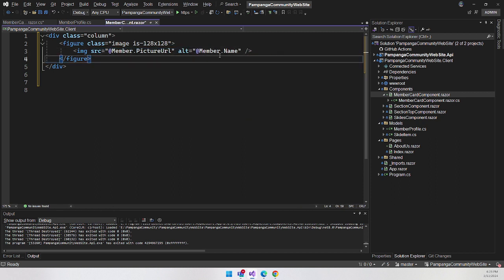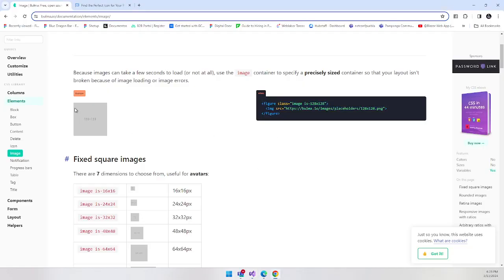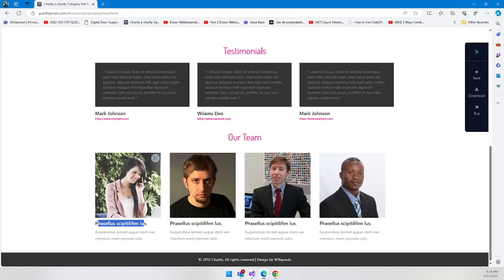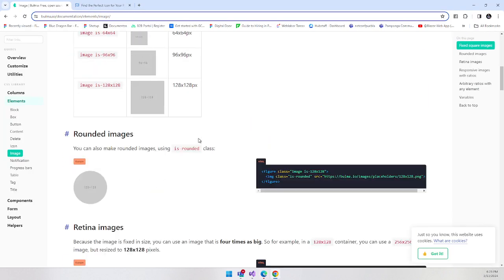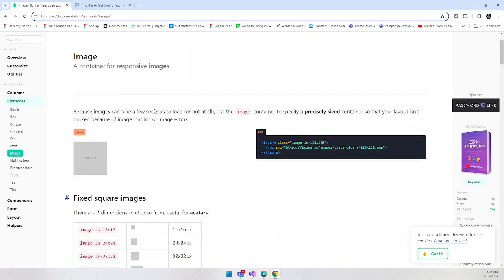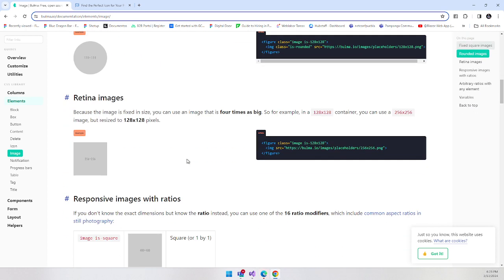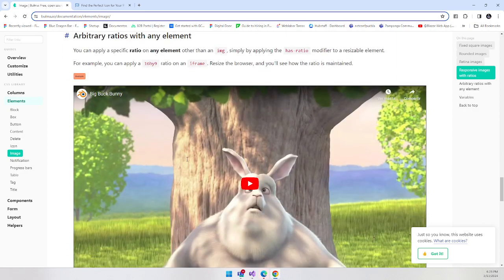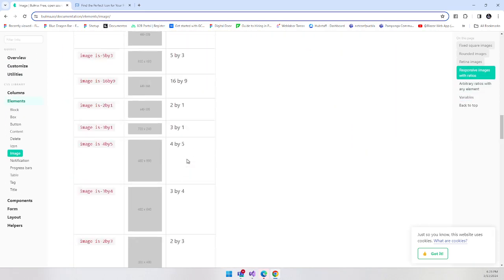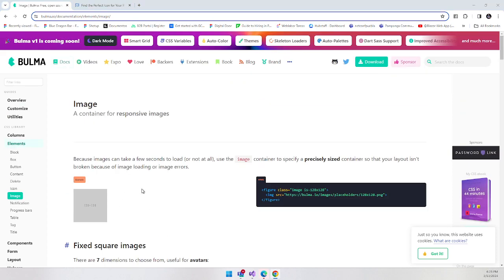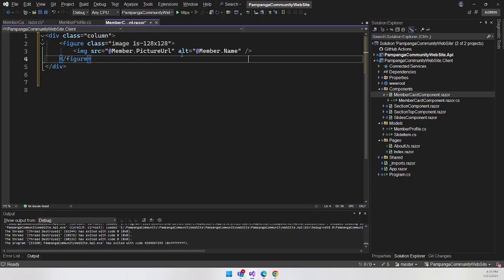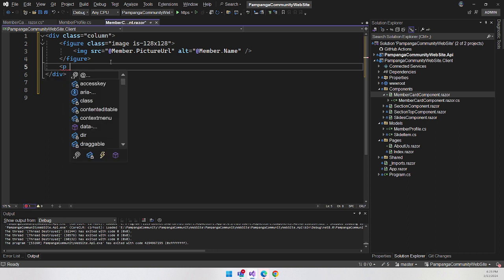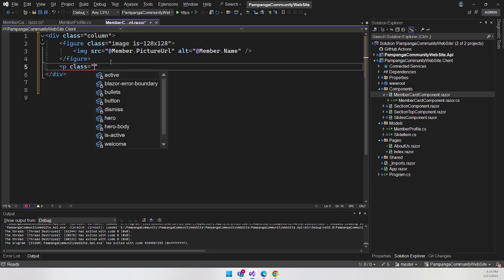Okay, this is the figure, then this is this size, but we said it's a little bit bigger, right? So let's search. Yeah, this is the biggest, 128. It's okay. So 128 by 128, and then after the figure I'm going to put a P with a class